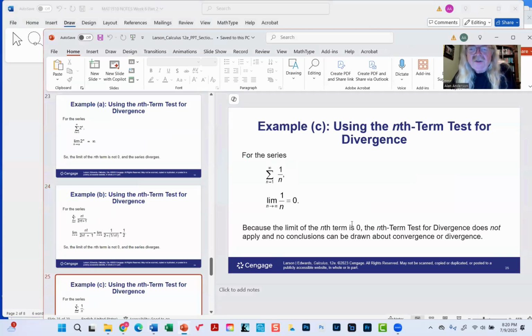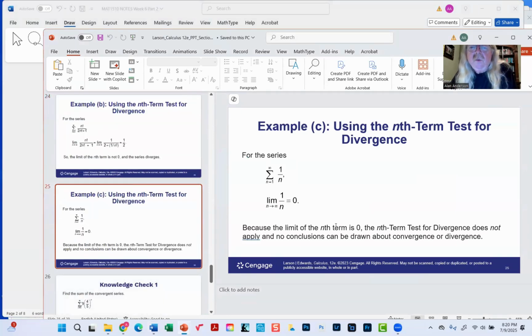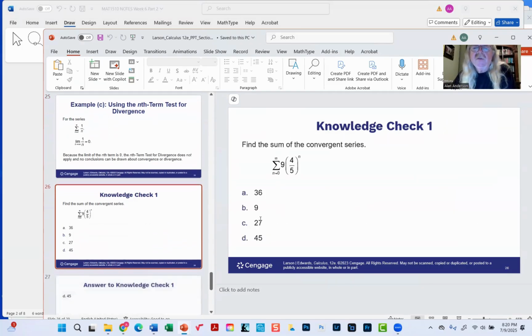Now, it turns out, interestingly enough, that when this limit is 0 with this test, which is what we're getting here,